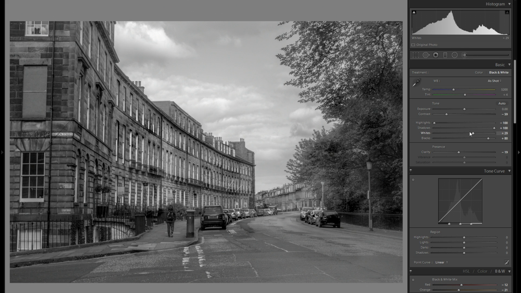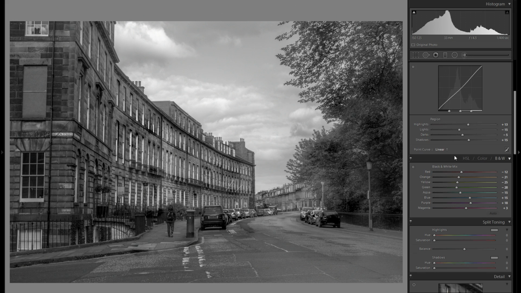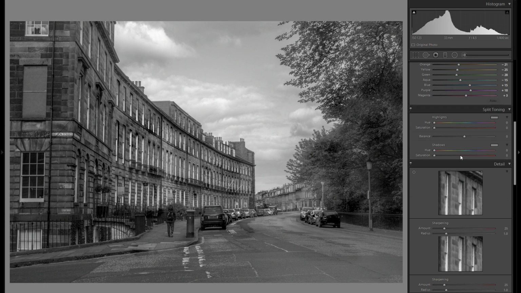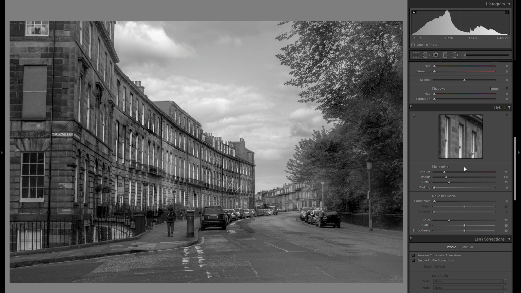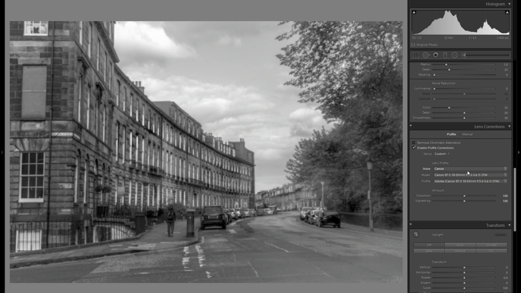So I brought up the whites a little bit, then I'm gonna go down here to the tonal curve, maybe just bring up the highlights a bit and just play around with the rest of these sliders. So here, maybe a little bit into the minus darks and the shadows, maybe even erase them a little bit. Then if we go down, HSL tool, nothing we have to worry about in black and white, same with the split toning. Then detail tool, this is actually very important, but I'm just gonna leave it out because it doesn't have an effect on the actual look of the picture, but rather the sharpness and the crispness and everything like that. Then down here at the lens corrections, I'm just gonna go into the enable profile corrections,